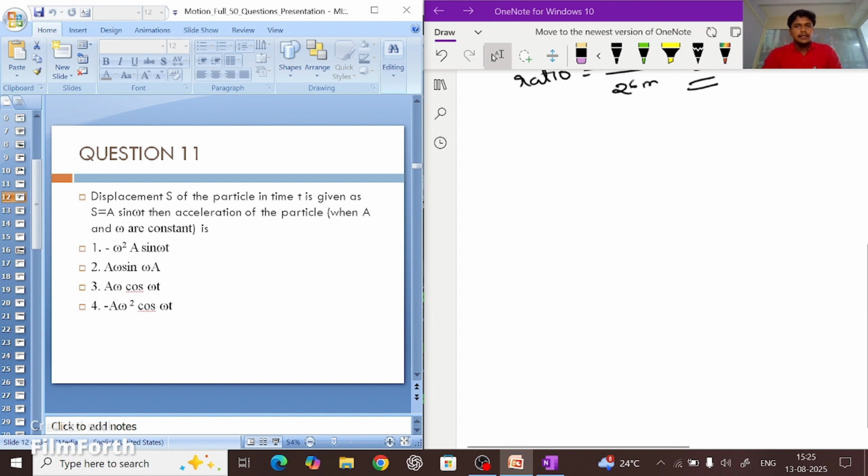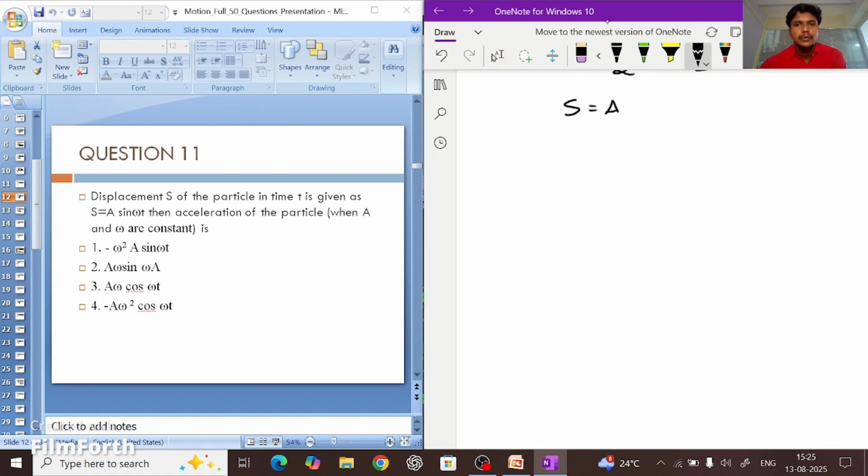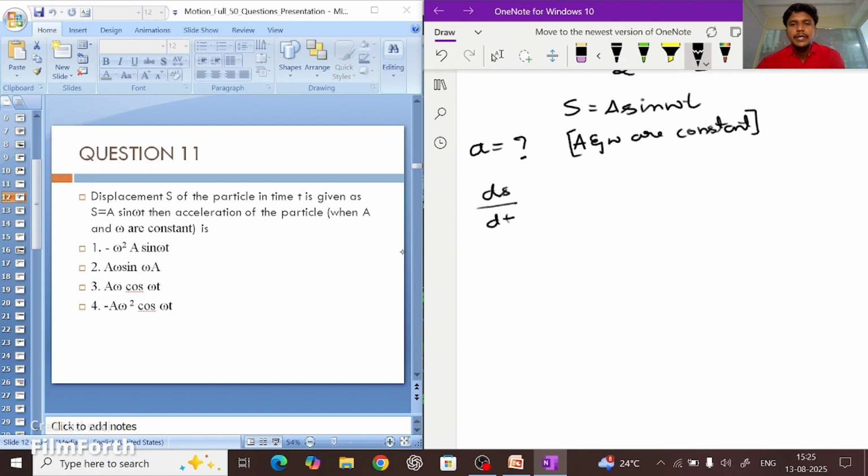Here, displacement S of a particle is given as S is equal to A sine omega t, and we need to find the acceleration of the particle. They are also given that A and omega are constants. We all know that change in displacement with respect to time is given as velocity, and change in velocity with respect to time is given as acceleration. So let's differentiate